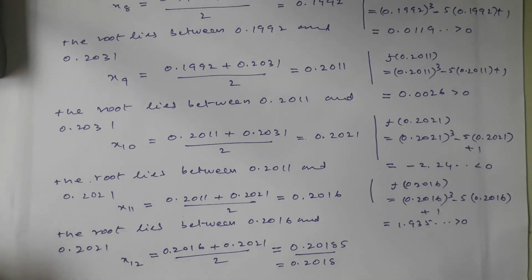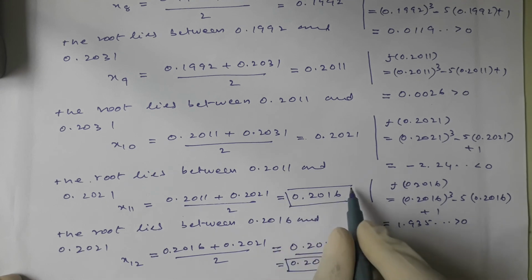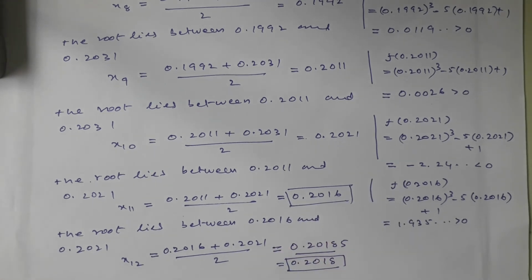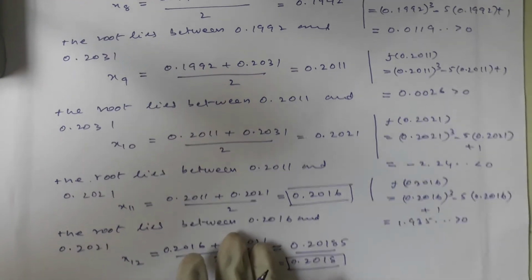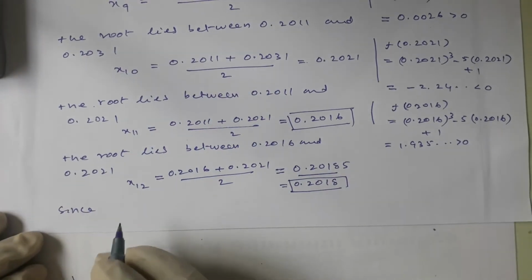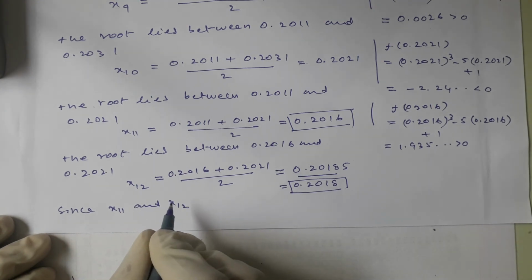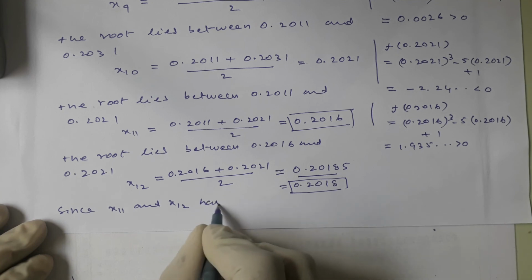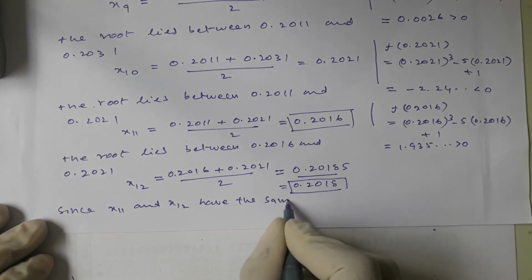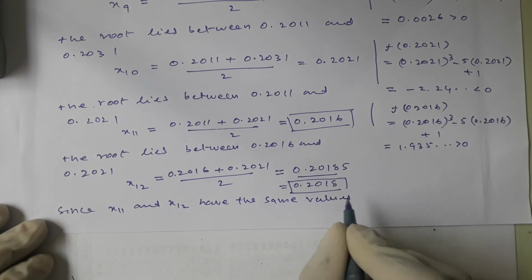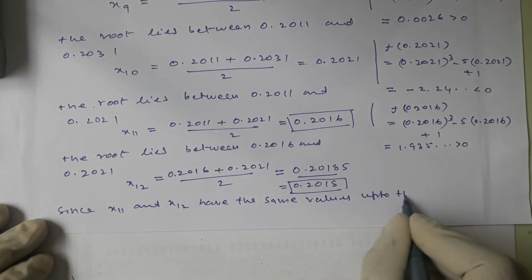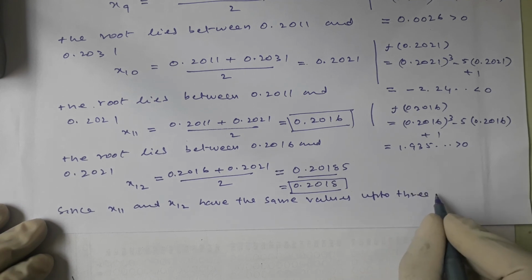Next, see that these two values up to 3 decimal places, since x11 and x12 have the same values up to 3 decimal places,